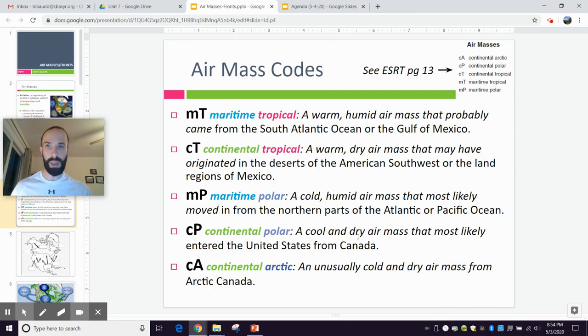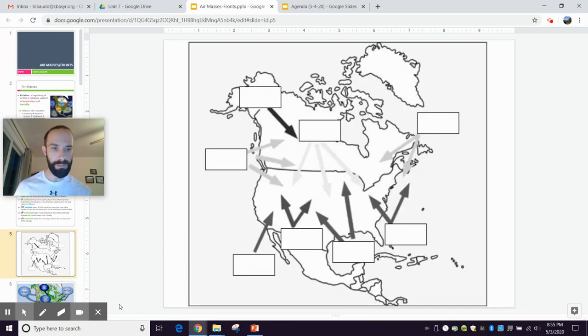Okay? So those are your air mass codes, and they're all on page 13 in case you're not sure which one's which. You'll just have to know which these refer to. Okay, what does continental mean? What does Arctic mean? What does maritime mean? What does tropical mean? Okay, now here is a map that I'm going to fill out, and you would be